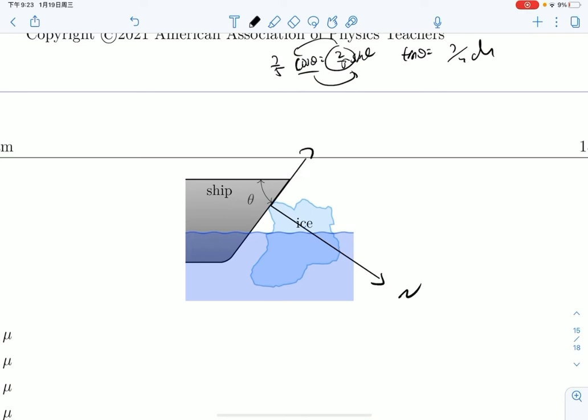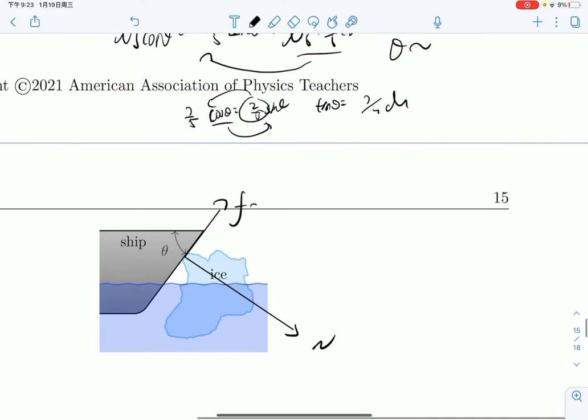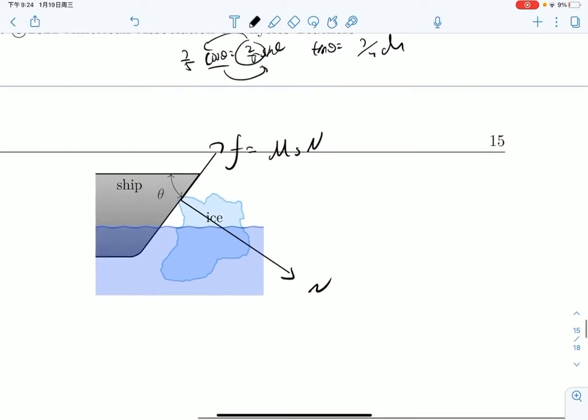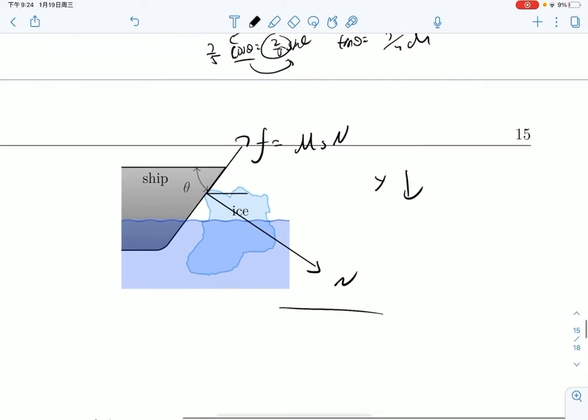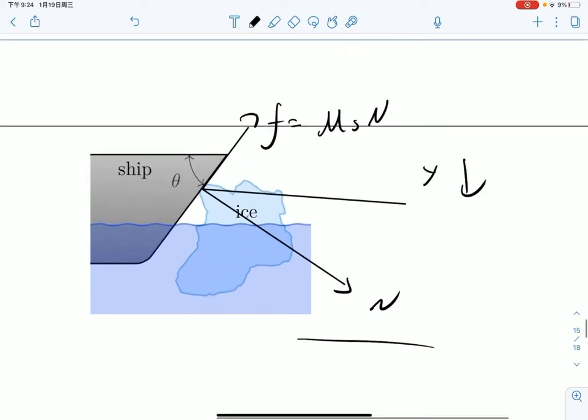And the maximum of friction is equal to mu s N. And now, if the ice is pushing down, basically, you'll have a y component of the force that is going down. So basically, if you take the sum of the forces, here's theta,